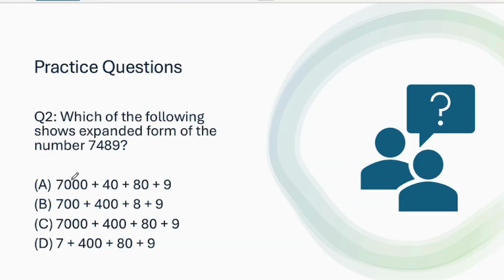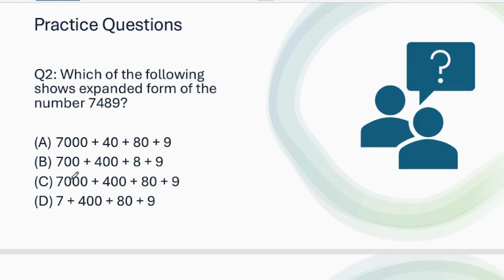All right. So now let's look at this question. Which of the following shows the expanded form of the number 7489? For the expanded form, I have told you that, okay, so let's write the number here, 7489. It is at ones place, tens place, hundreds place, and thousand place, right? So 7 is at thousand place. Let's solve this. 7 into 1000